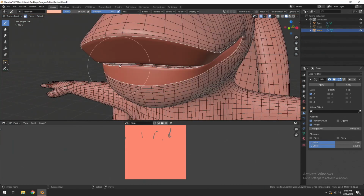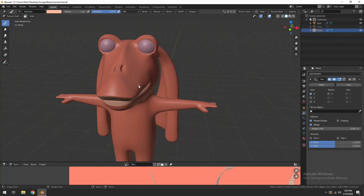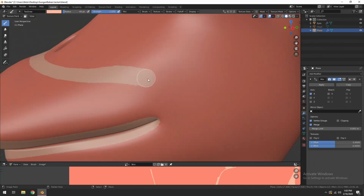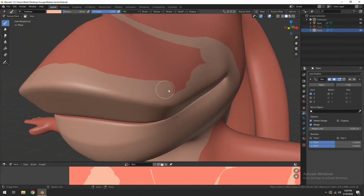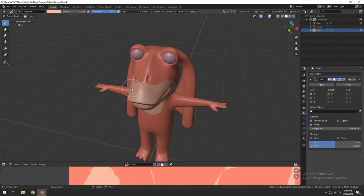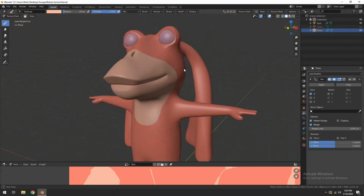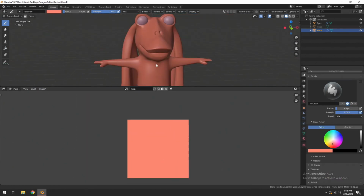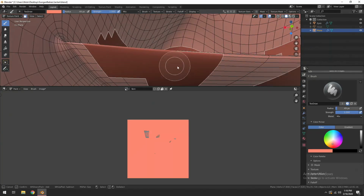I tried to go with a two-toned Jar Jar early on, but it just didn't look right to me. And I didn't really know how to pull it off in a good way. Like, where the paint should be in certain parts, and it just didn't look good. It just looks like Jar Jar fell in a puddle of mud or something, so I just scrapped the two-toned. I didn't have a good plan at all for how I was going to do it,